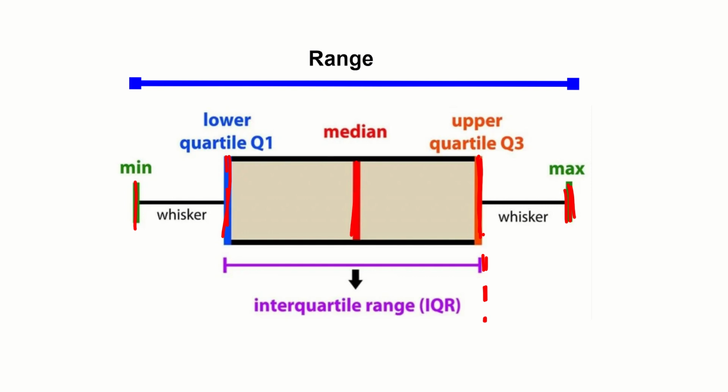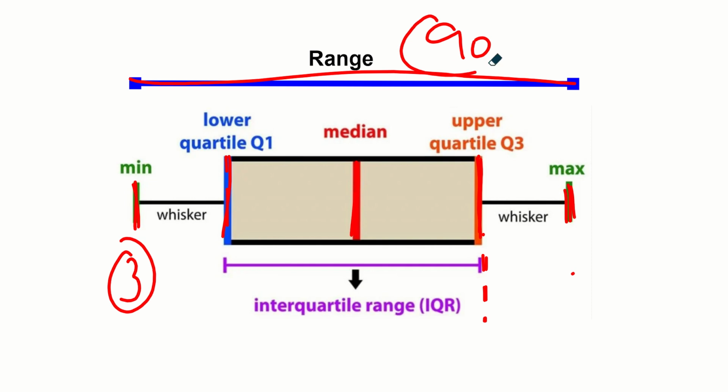It's very rare they give you those pieces of information to plot. What sometimes they do is they will give you the minimum value, let's say that is 3, and then they'll give you the range, which is 90, and then they'll ask you to work out the maximum value. The range is highest take away the lowest,